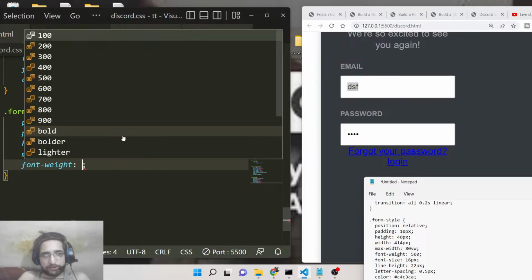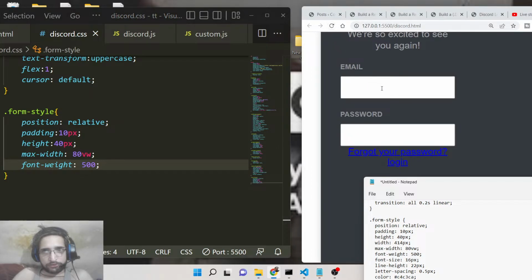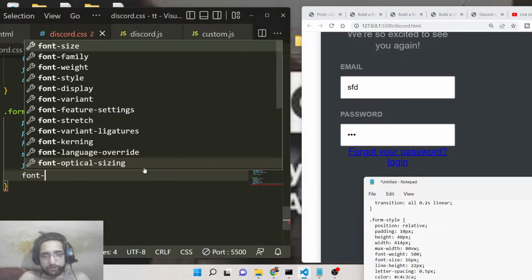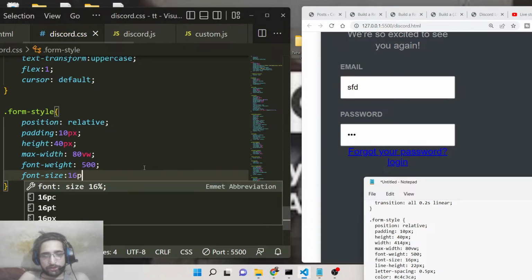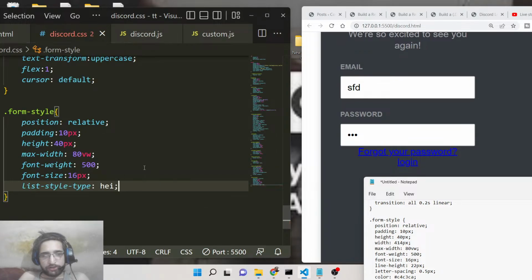Font weight we will say is 500. Font size we will change it to 16 pixels. Line height we will change it to